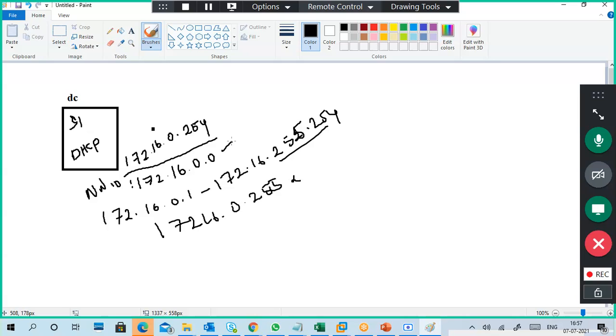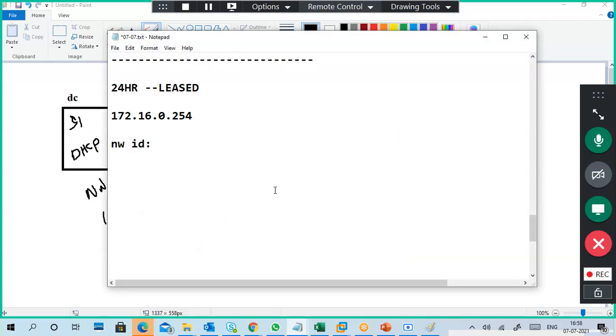Anyway, we don't use this one, and this is my network ID. It depends upon my network size, the number of hosts in my network. Sorry, this typing is difficult. I have a plan to explain two times, that's why I'm writing like that.